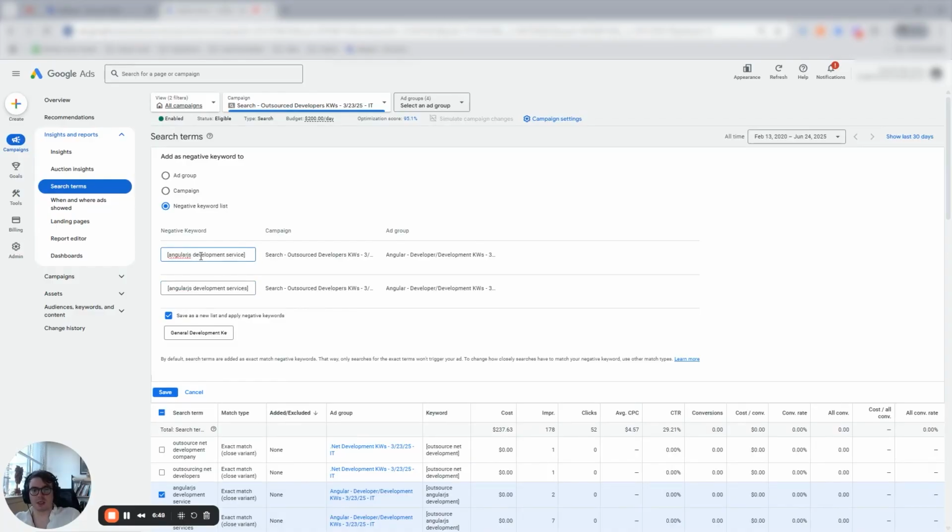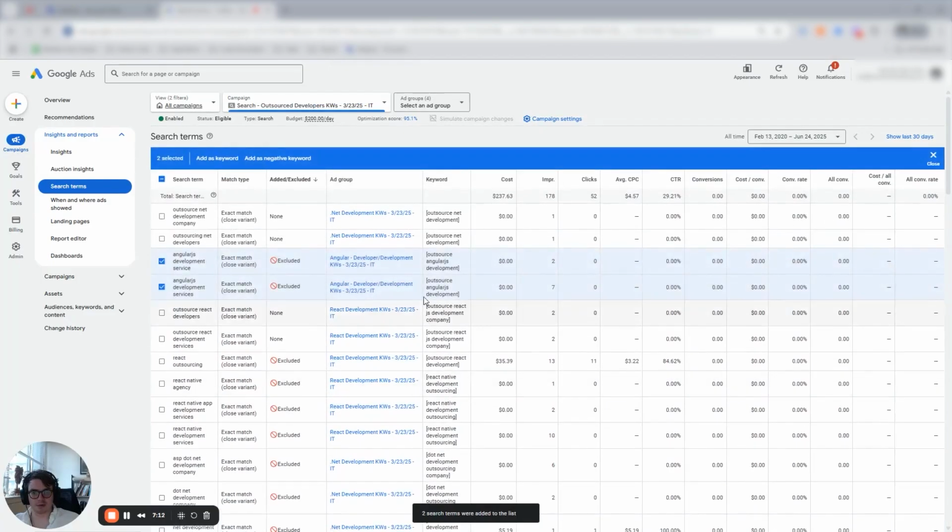Just because the keywords aren't the highest quality doesn't mean there aren't ways to use audience layering and max CPC bids to filter your keywords and reduce your cost per lead. So I'll go ahead and add them at